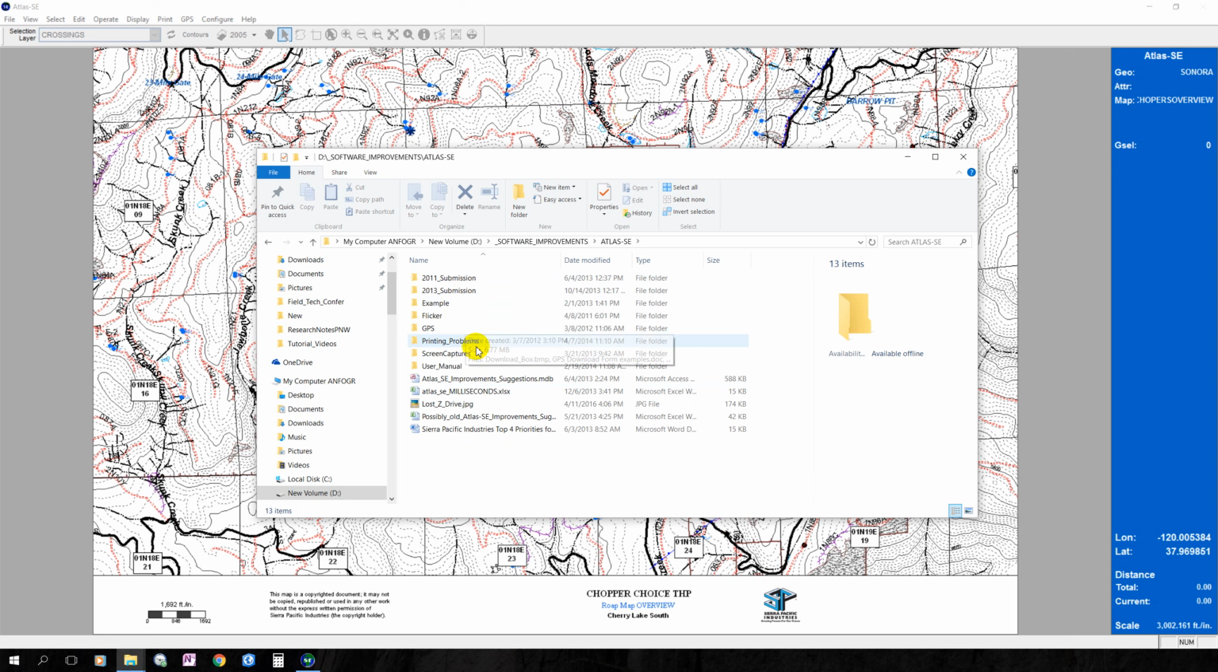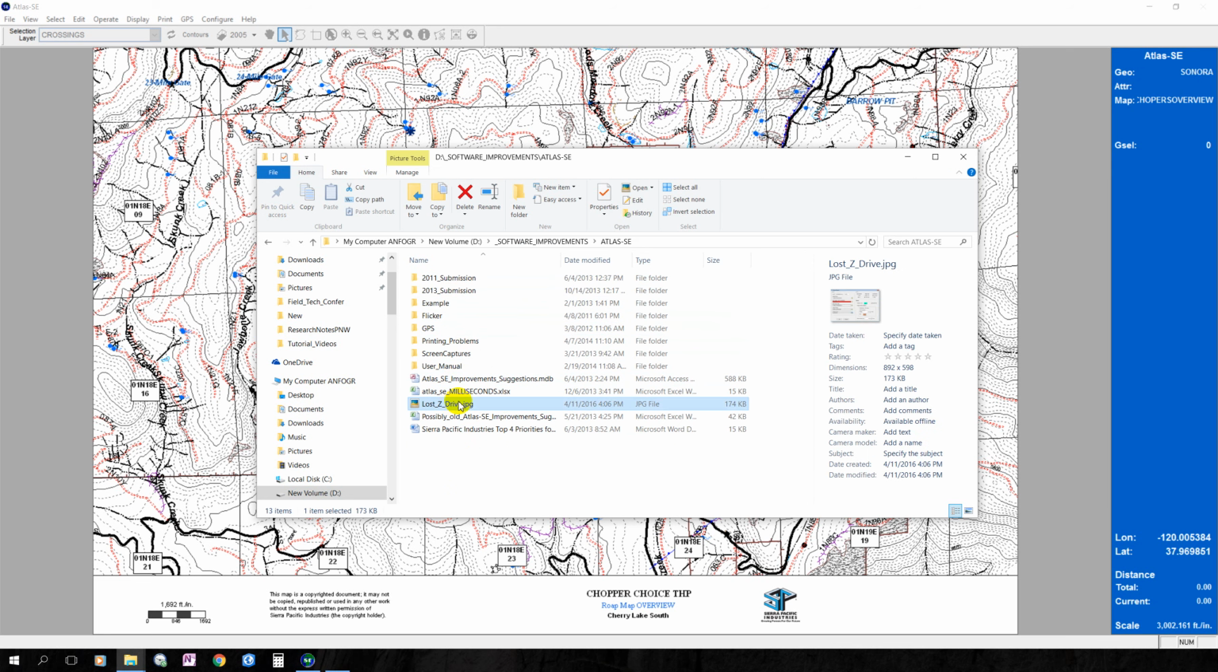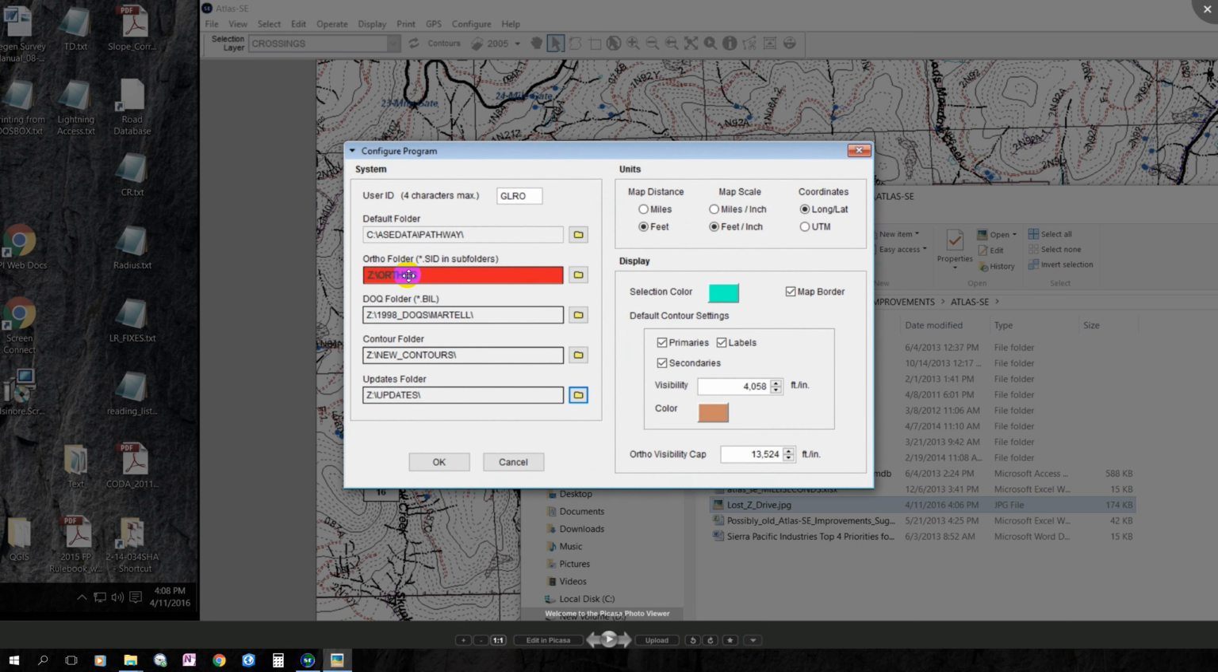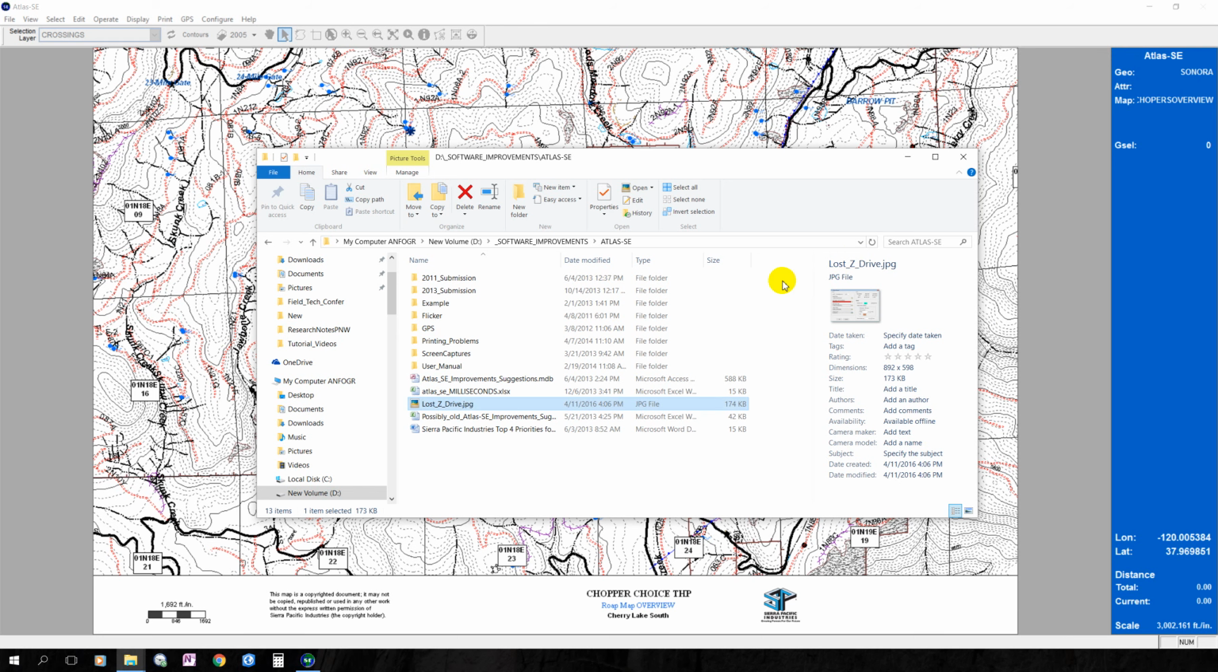You'll notice when your Z drive goes away that you'll see something that looks like this, and I've kind of mocked this up just so you can see what it looks like, but you'll get this red in here. So that's what it looks like, and I'm going to close this image now and come back here to the